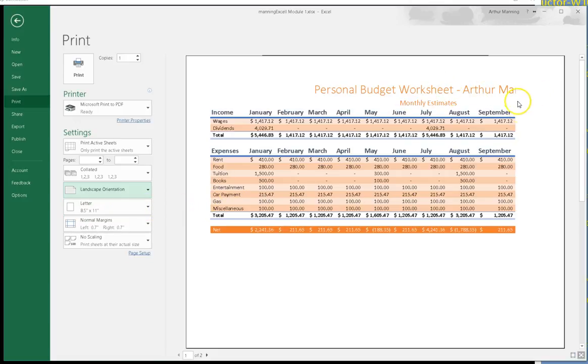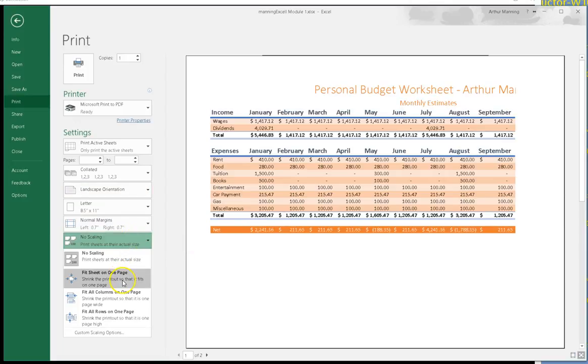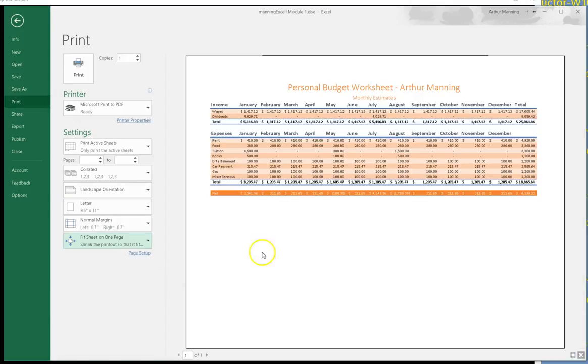And let's see, I'm going to scale this because I see this is getting cut off. Let's see if I can let it scale a little bit here. Let's change to fit sheet on one page. There we go. Fits it to one page. This will generate a PDF file, and once I click print, and in the preview,